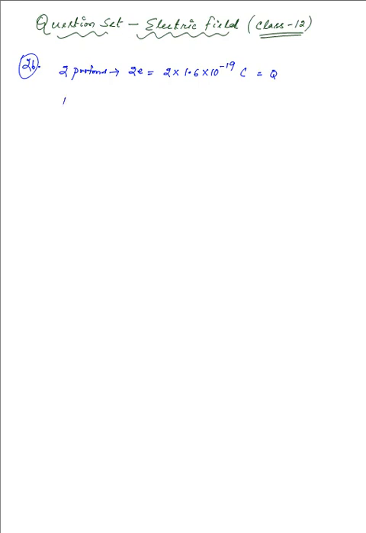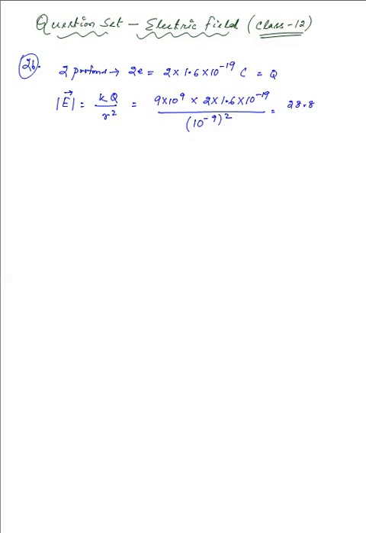So the electric field, as far as the equation is concerned, we are just concerned about the magnitude as of now. So we have kq divided by the square of the distance. So k is 9 times 10 raised to the power 9, as you know it, and q is 2 times 1.6 times 10 raised to the power minus 19, entirely divided by 10 to the power minus 9 squared. So that results in a value of 9 times 2 times 1.6, which will give me 3.2 times, or 18 times 1.6. So that's 256 plus 32. So that's going to be nearly about